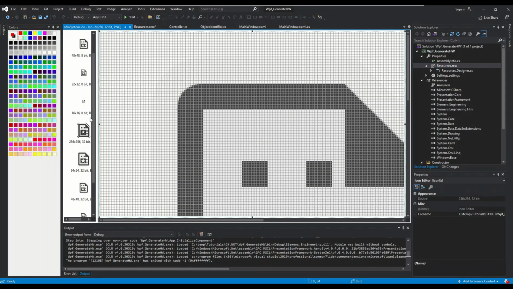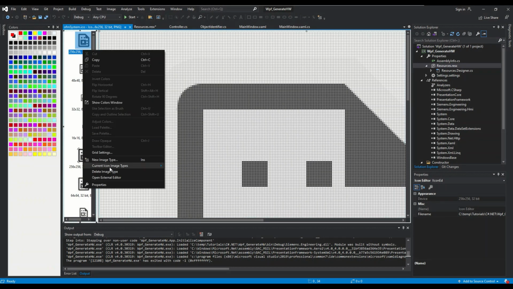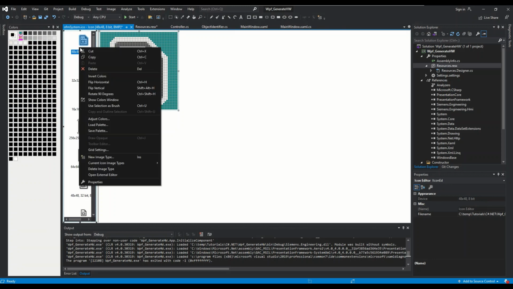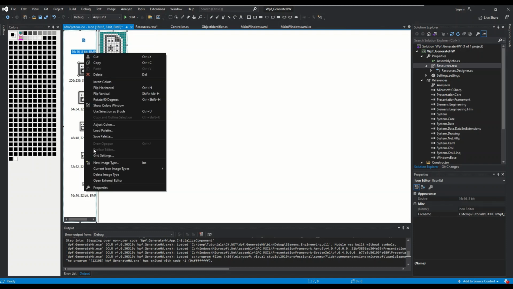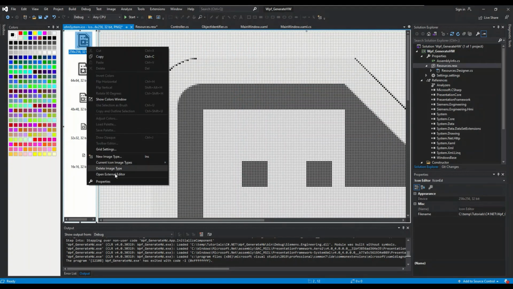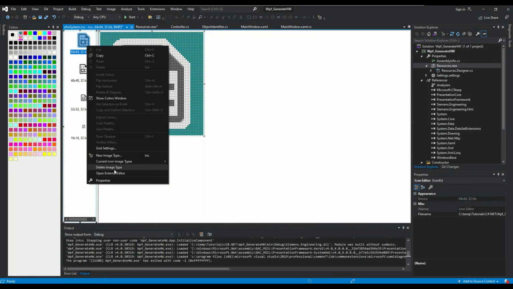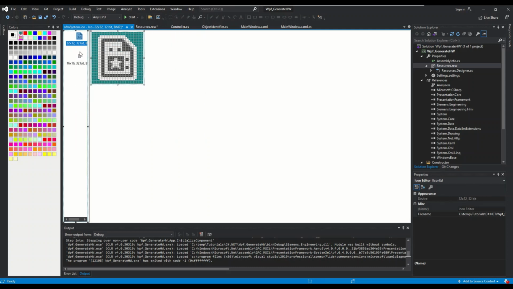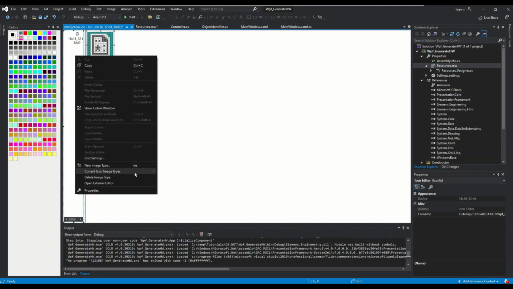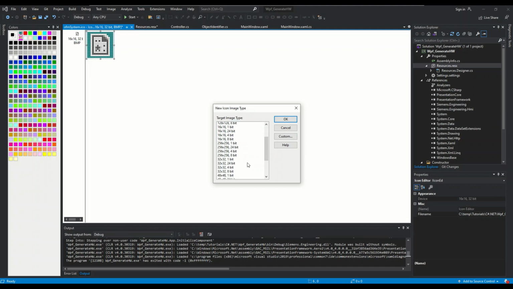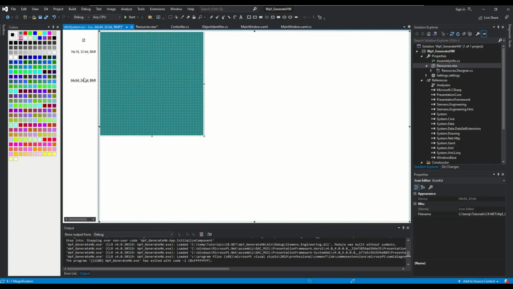So what we will have to do here is delete everything that we have here. Like this. The last one we're not going to be able to delete, but here I would like to create a new image, and this is going to be 64 by 64 24 bytes, and